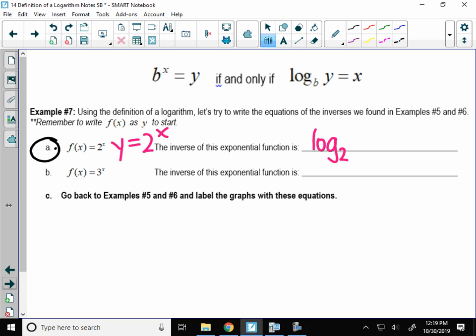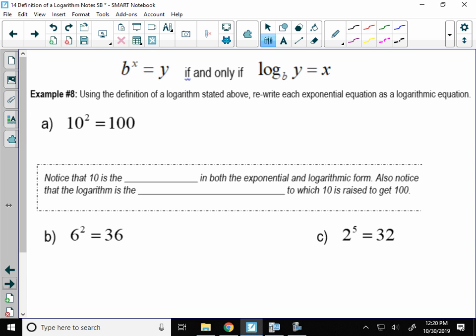Well, y is the same. Y is what you're equal to. So of y equals x. Now, do we typically write equations as x equals? No. And I wouldn't worry about it. I'm not going to have you write equations of logarithms. You can rewrite it as y equals. We just don't really have the tools for it, so there's nothing to worry about. I just want to show you how you could quickly write the equivalent logarithmic form of a graph. Okay? All right, let's talk more about the definition.